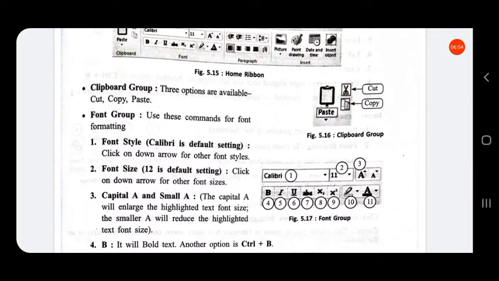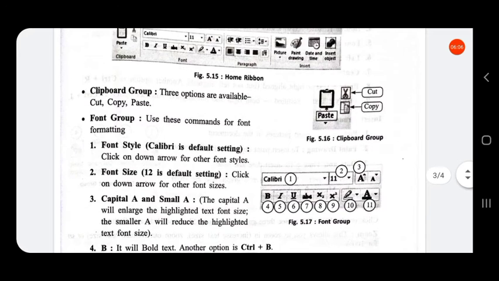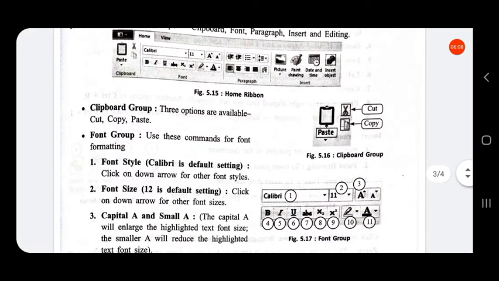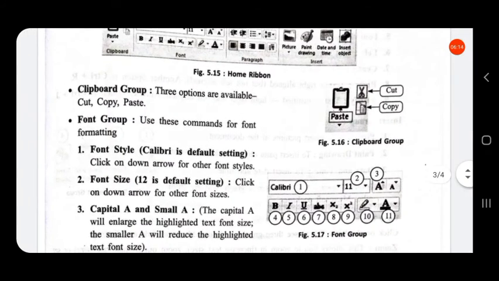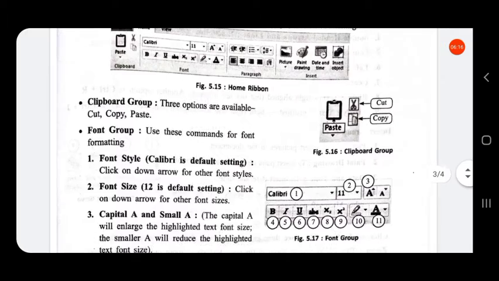So first one is clipboard group. 3 options are available. They are cut, copy and paste.